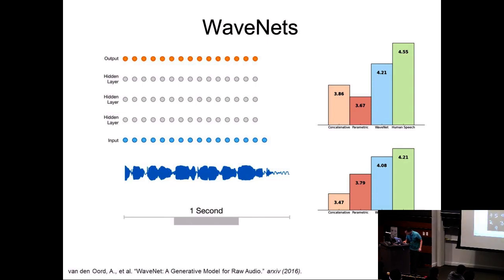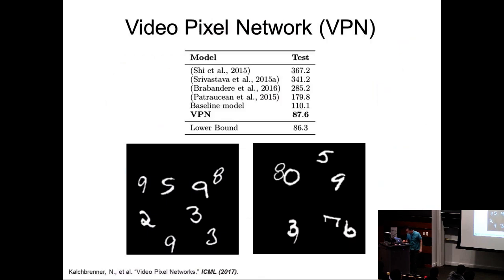Here's another example, which also shows a video, of a video pixel network. So you can go beyond it and say, fine, given the video, try to predict the next frame. Exactly the same. There's been a lot of work coming out in terms of trying to predict. So here you're given some context, and you're trying to predict where all the digits are going to be in the future, right? So you have to know something about the bouncing and the behavior of these digits. There's been a lot of work, and some of my former students also were looking at this problem. It's trying to predict what the future will look like given the past.